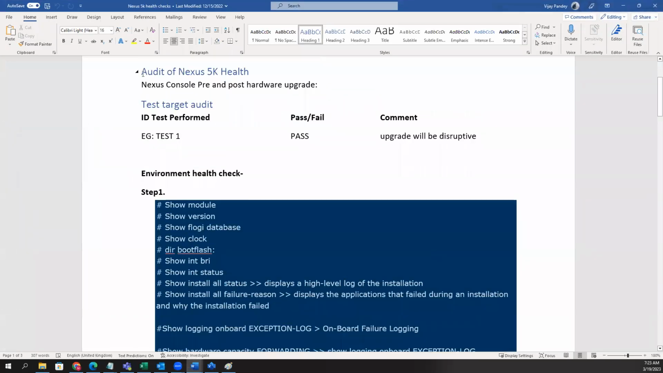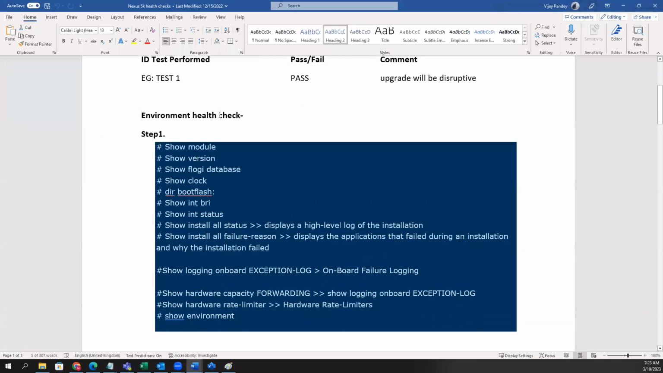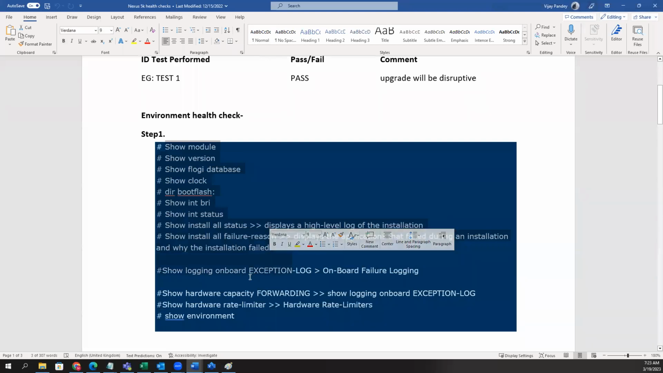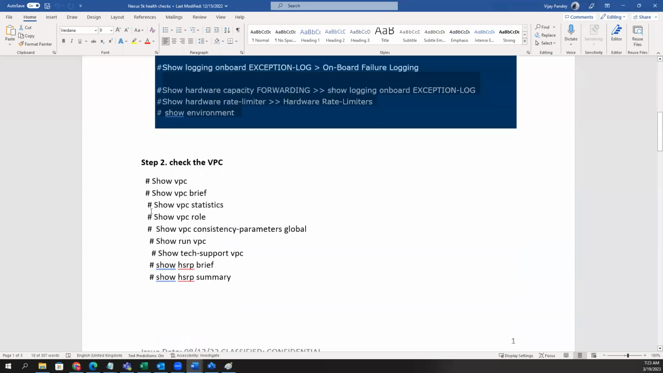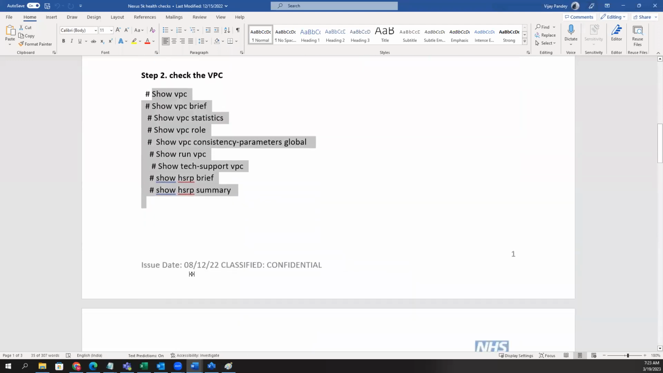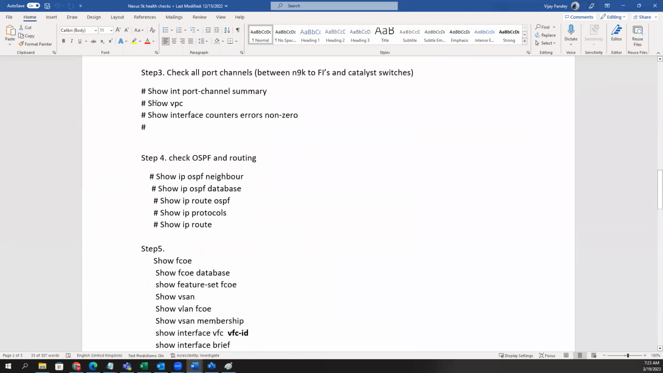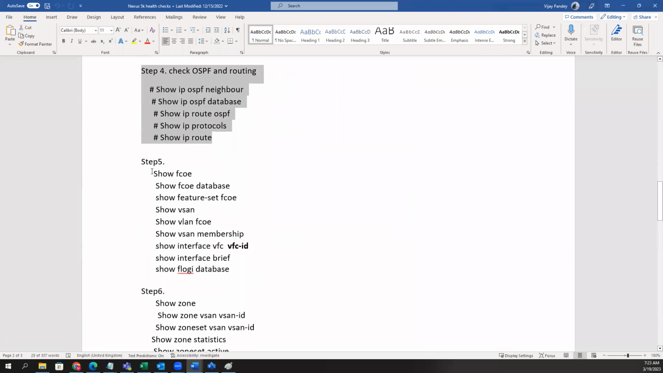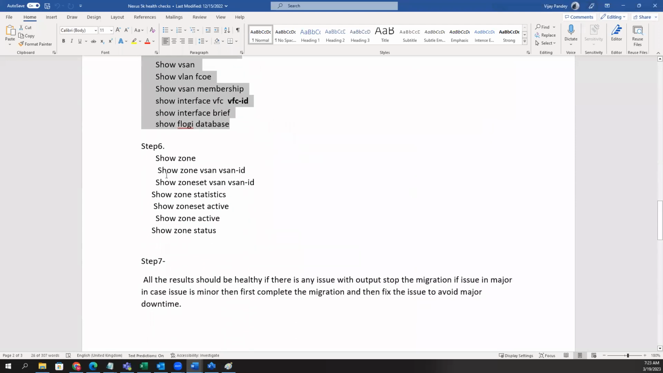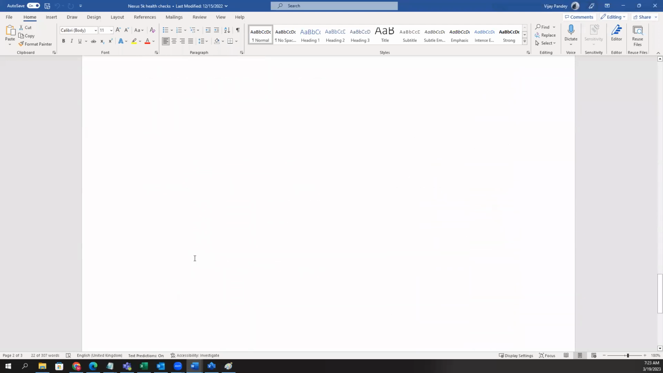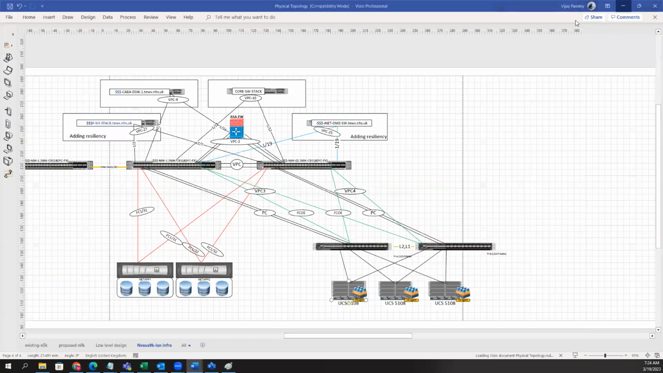Yeah, this is the target feature for the Nexus 5K devices. Before doing the upgrade, we must run the environment health check, like version, module, FLOGI database, LAN, WAN, SAN, all the verification we should run. We should verify the vPC, HSRP, all the things. We have to check all the port channels, whether they are fine or not. If there is any routing, we should check it, the storage area network, and we should check the zoning. These kinds of verification must be performed before starting the